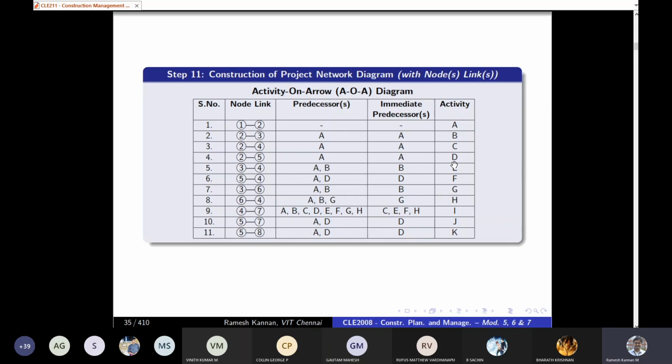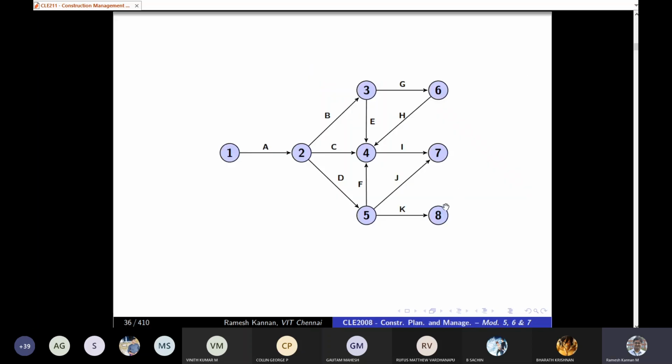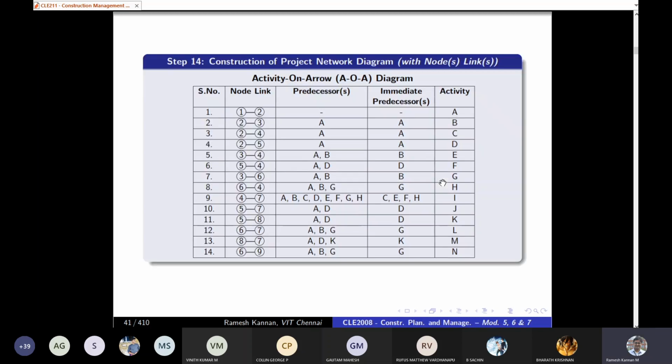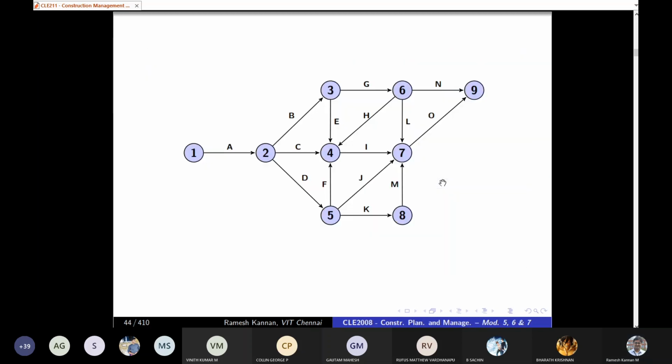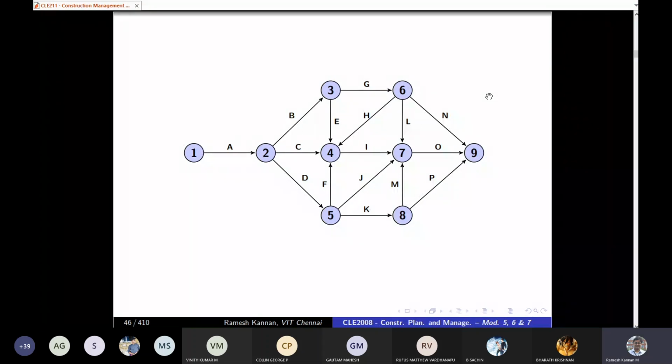Otherwise, I'll erase it and connect it with the other node. Then K, then L, then followed by M, then N, then O. Remember here, you can see N, I've just made it straight. Then O, I just made it straight. Then I understand that I can bring this down, so that it will be something uniform, structural, looks aesthetic, right? So as simple as that.